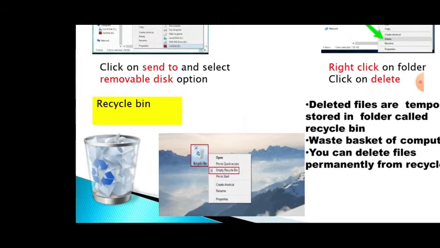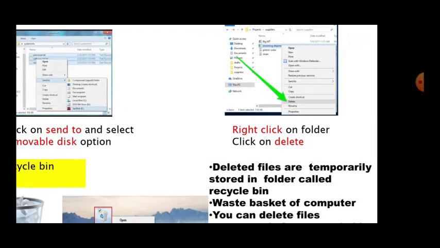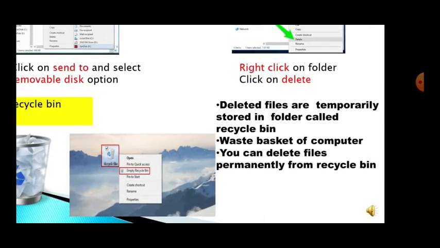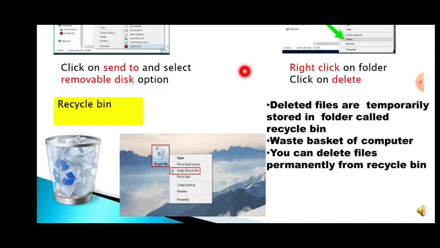So can you just see the recycle bin here? Recycle bin is nothing but a dustbin here. So it goes to the dustbin first. Then from the dustbin, if you give the delete option, it will delete permanently. So all the files and folders, if you give the delete option, go to the recycle bin. So can you just see the recycle bin image here? There you have the option empty recycle bin. Empty recycle bin means it is going to empty the recycle bin, that is, delete the files permanently.